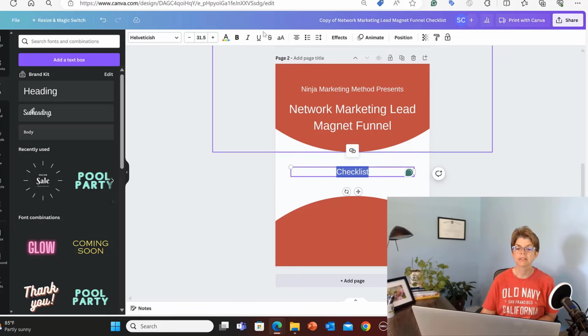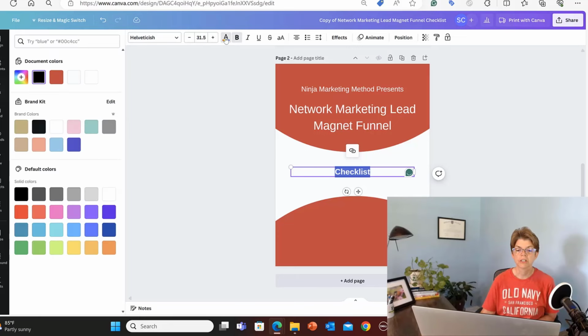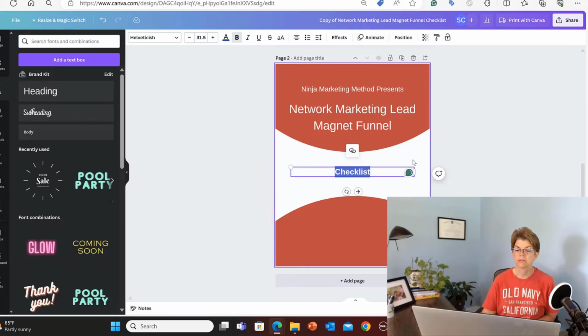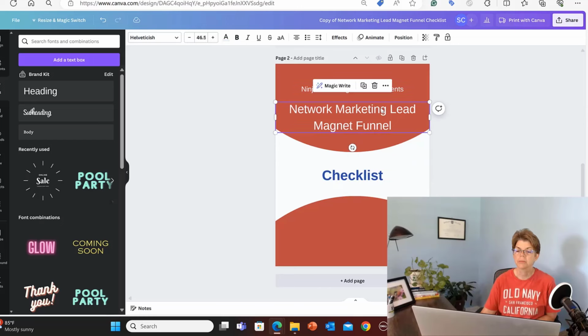And this, let's make it bold. And let's change the color again. This time I'm going to do a navy. Let's see how that looks. Yeah, that looks good. I don't think you actually have to highlight it to make it larger. You can just click in the box and make it larger. Let's actually come back up